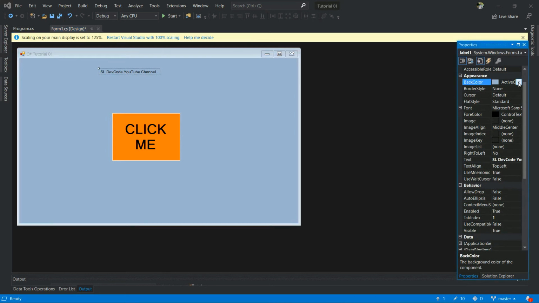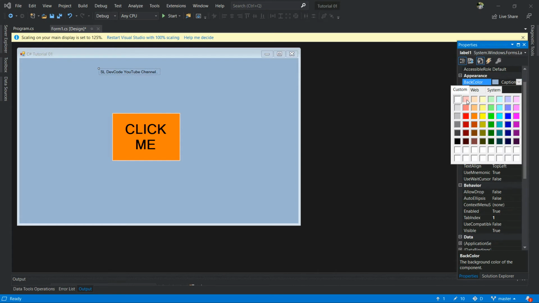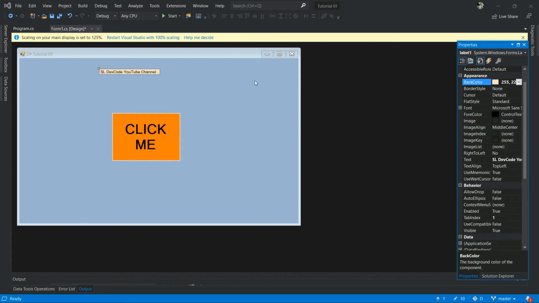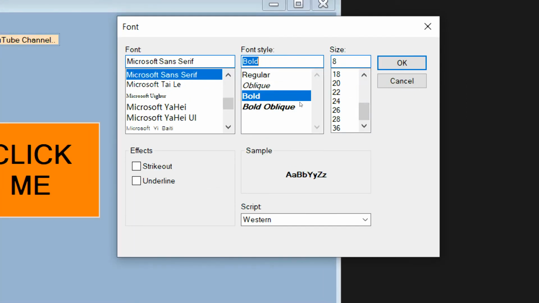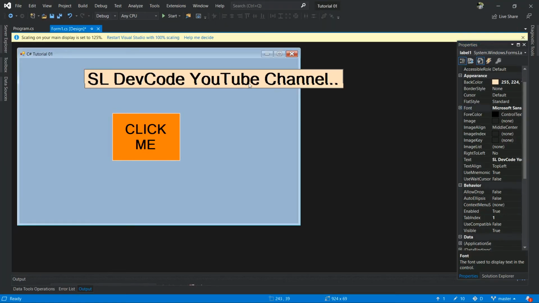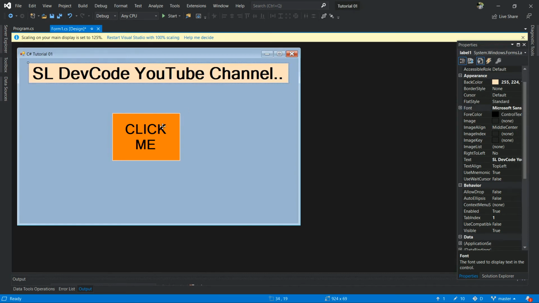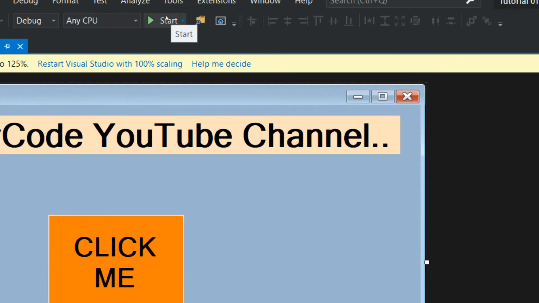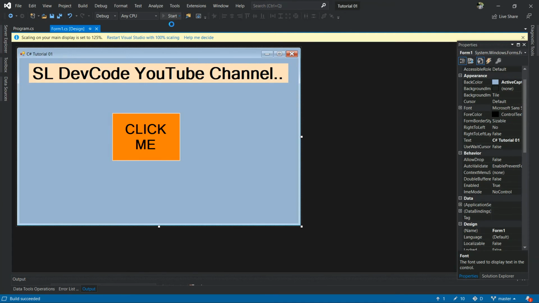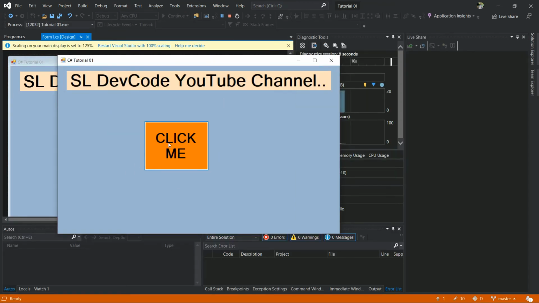You can change its properties, color, font size, all the things. Font style I'll give bold, and you can select font size also. Once again I'll run the code and we'll see the output. Yes, it's a nice interface.